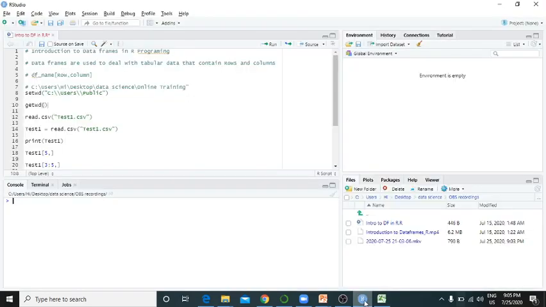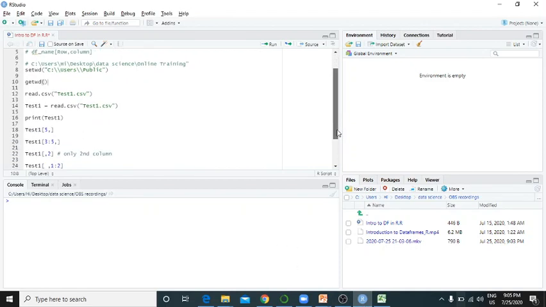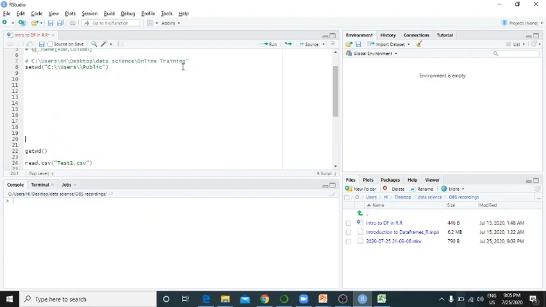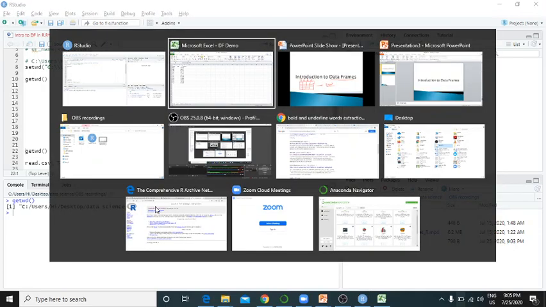So this is our R Studio, and in this R Studio we are going to fetch the data frame. To fetch the data frame, first we have to check which working directory we are in. To check that, you have a pretty good function in R programming, getwd. getwd shows you which working directory you are currently in.